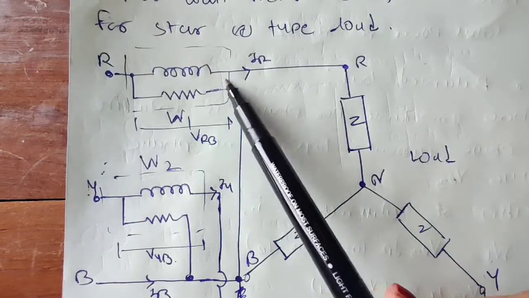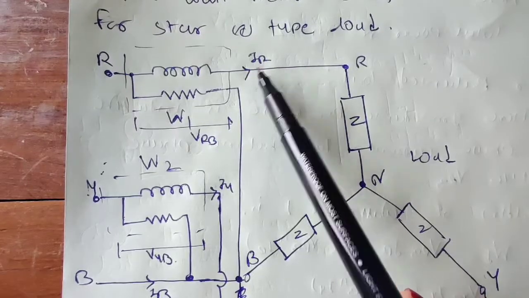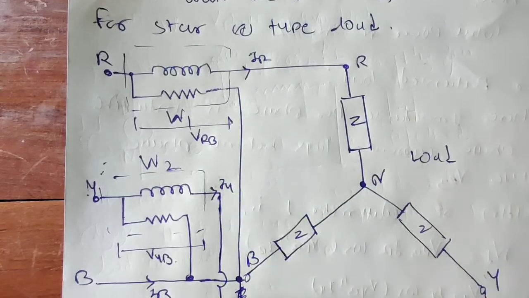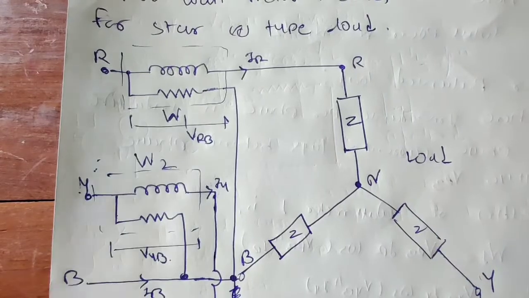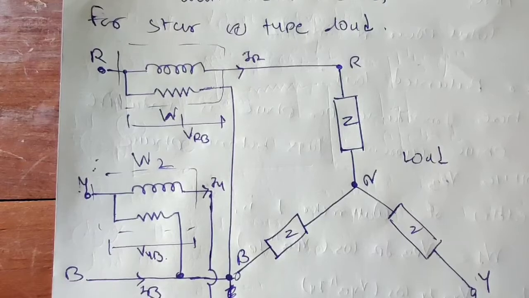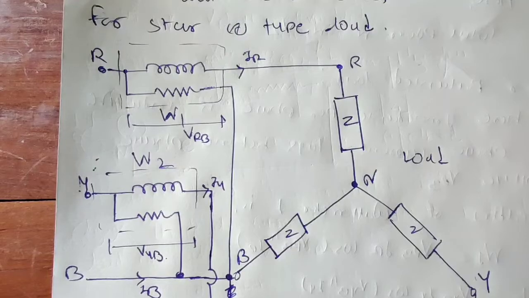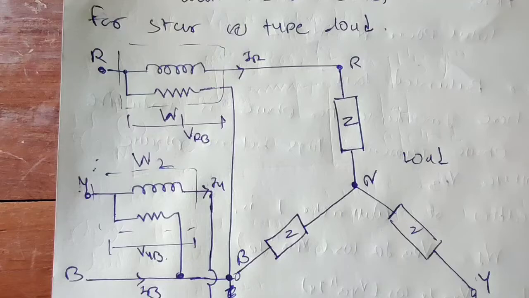The current which passes through the supply lines, I can consider as the supply currents IR, IY and IB respectively. So this is all about the circuit diagram that you need to use. Now again, this method uses 2 wattmeters to measure the power in a 3-phase circuit. It can be used for measuring the power in star as well as delta connected loads.